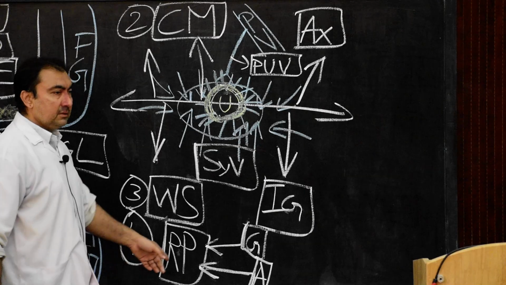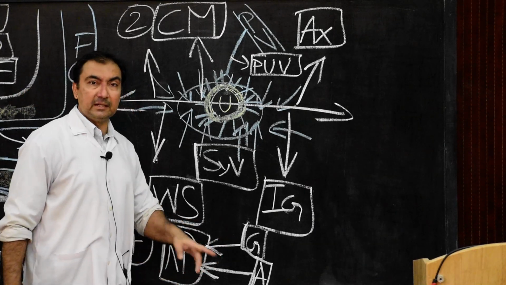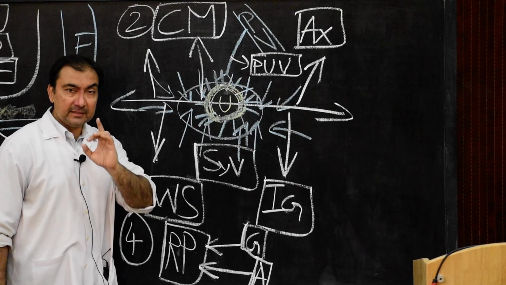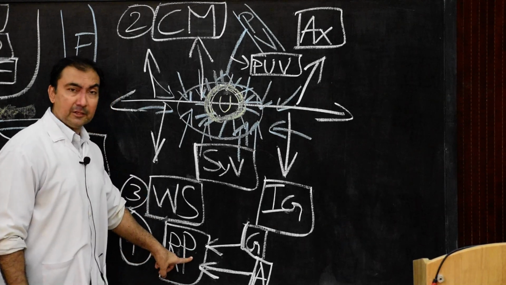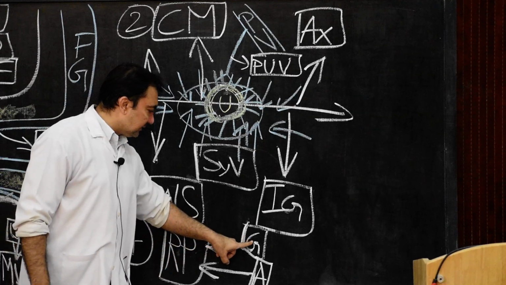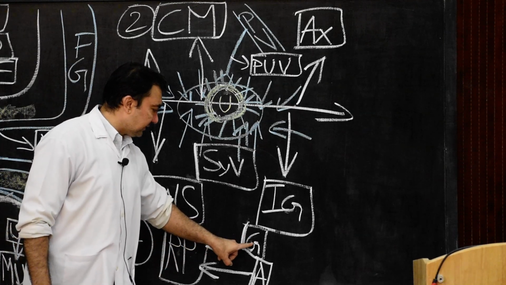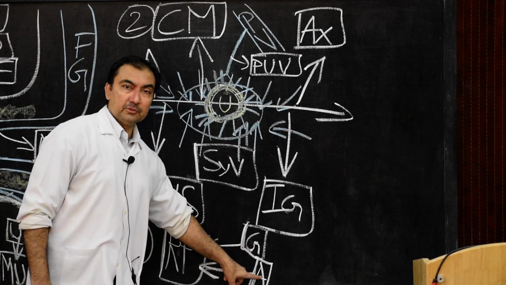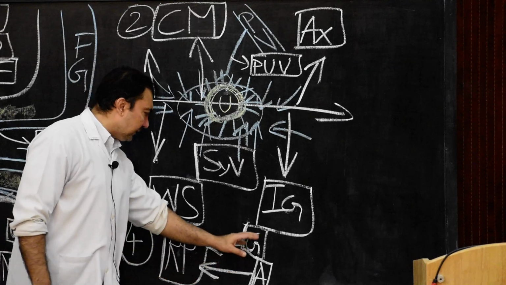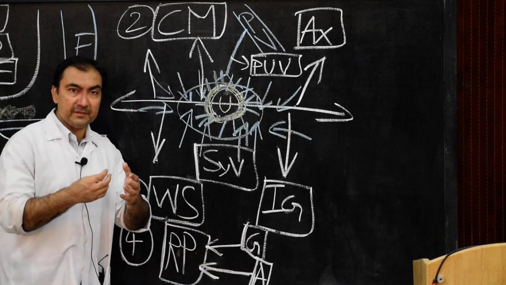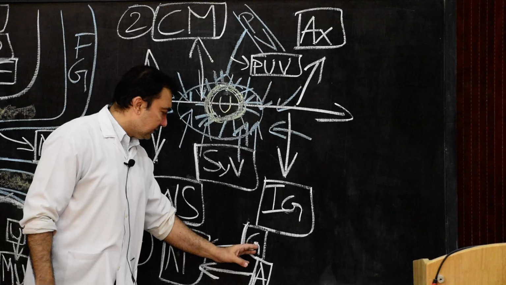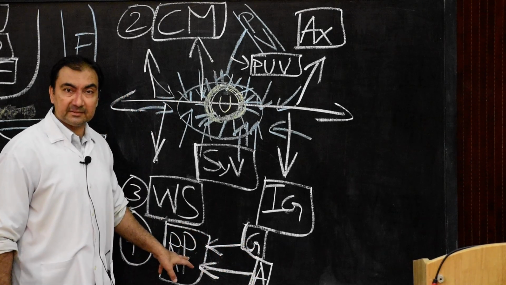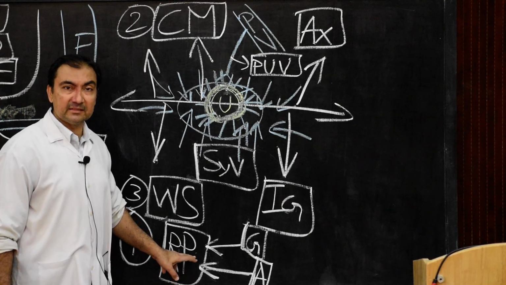All these three structures have the same segmental level of innervation, the T10 spinal segment, which is present at the level of the umbilicus. Because of this same segmental innervation, the pain experienced in the male and female gonads, or in the appendix, will be felt at the level of the umbilicus. This is called referred pain.